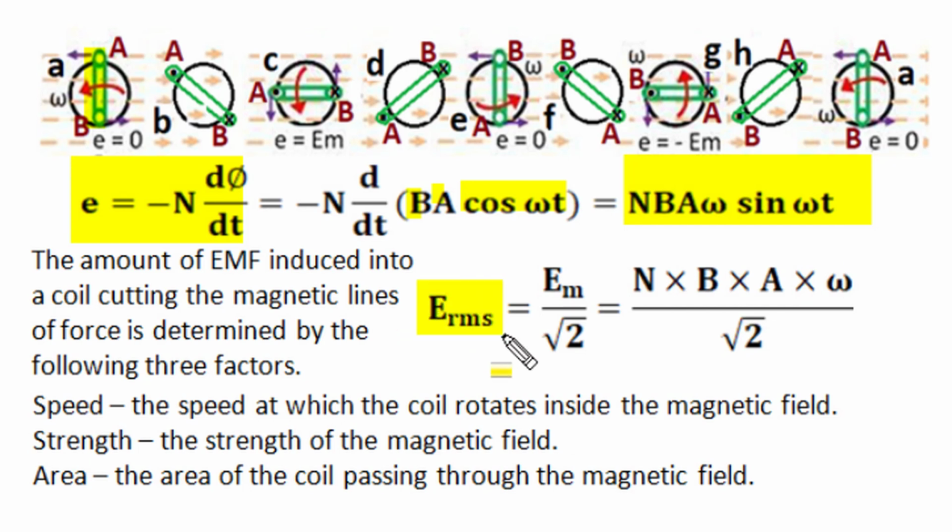The RMS value of induced EMF is 1 by root 2 times the peak value, and it is given by this relation. We can say the magnitude of induced EMF in this rotating coil is determined by the following factors. Induced EMF is directly proportional to the speed at which this rectangle loop is rotating. The higher the speed of rotation, the higher the rate of change of flux linkages, and the higher the induced EMF. So induced EMF is directly proportional to angular velocity of rotation.